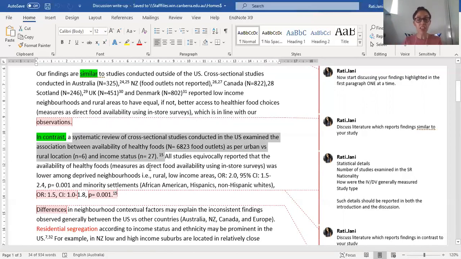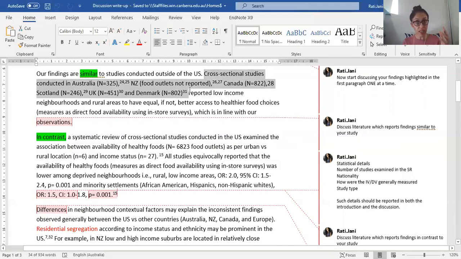So over here, I'm teaching you how to summarize a systematic review for comparing or contrasting with your findings. There is a skill, a key, in summarizing previous literature and previous study designs in developing your writing. That's why I've given you both examples over here. How do you summarize previous original article studies, such as cross-sectional articles, and use them for your discussion? How do you summarize previous systematic reviews or meta-analyses, and then use that in your discussion